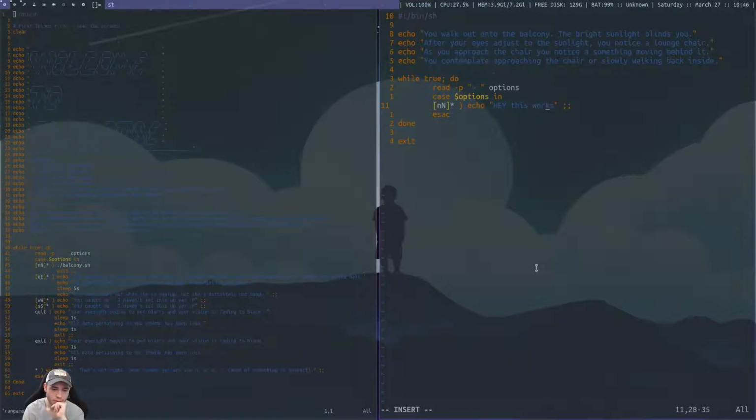We need to program in an option for chair, and then you approach the chair.